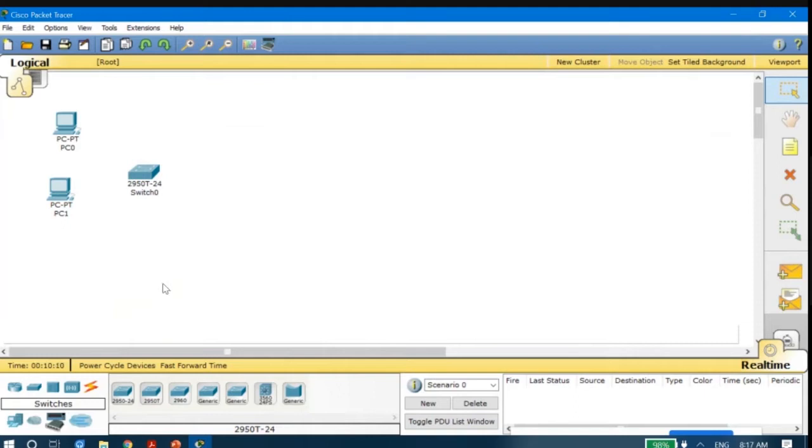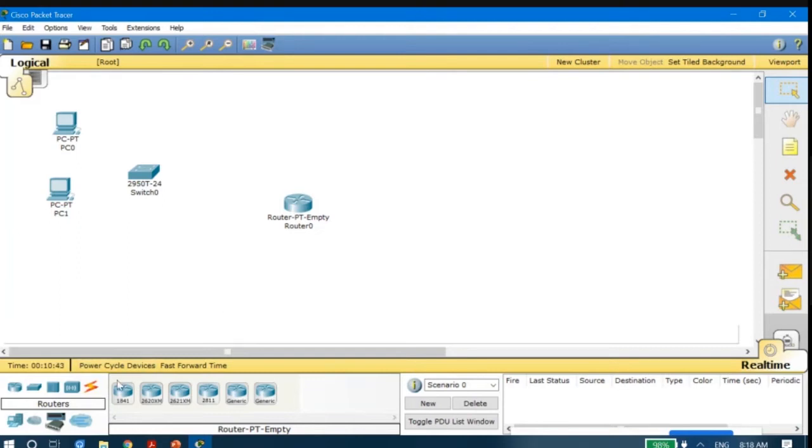Besides this, I will also need a router. Let me bring that router also. So I will click on the router icon, which is on the extreme left. Okay, on the bottom, just above the end devices, the router is there. So here you will find there are different kinds of routers. However, we have to select the router PT-Empty. Okay, so let me click here and then let me add the router here. Okay, so once we have all the devices here, the next thing is to do the connection.